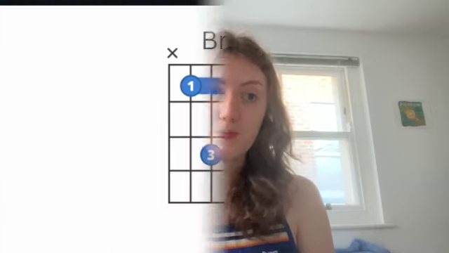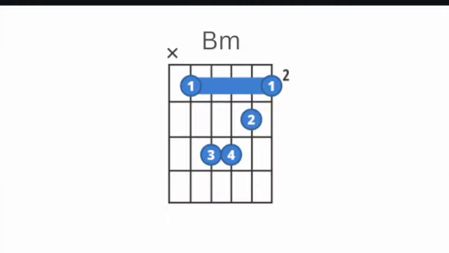Now, if you've not done any bar chords before, this is going to feel quite tricky. It does take a while to learn how to get that finger strength and make sure it's not buzzy, but keep at it because it will come. All right, so now we're going to move on to our final example. And this is a B minor chord. This is a bar chord again,